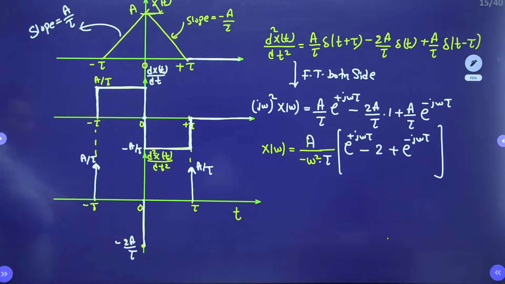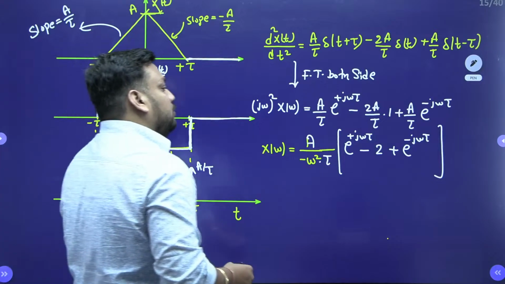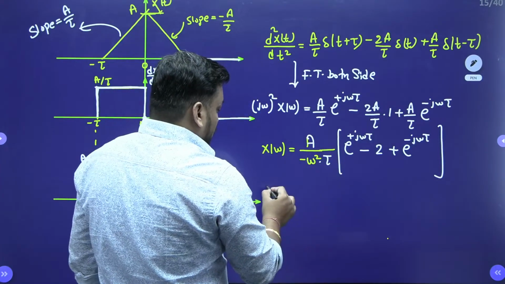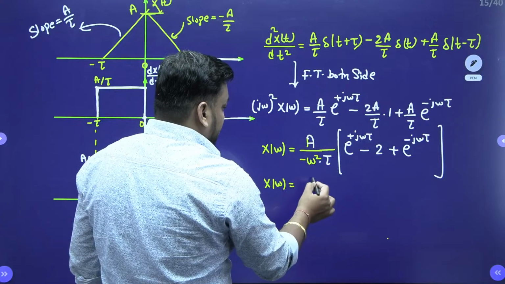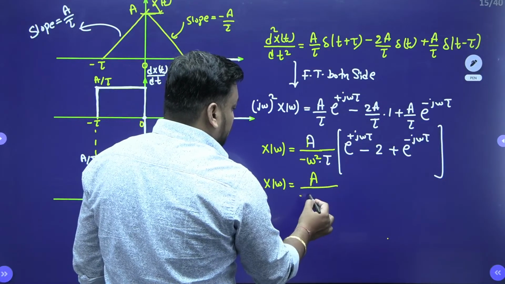I just took the common and cross multiplied. So j omega square means minus omega squared. Tau common. So e to the power j omega tau minus 2 plus e to the power minus j omega tau. That's it. Now tell me, children, if I write this X(omega) as A upon minus omega square tau,